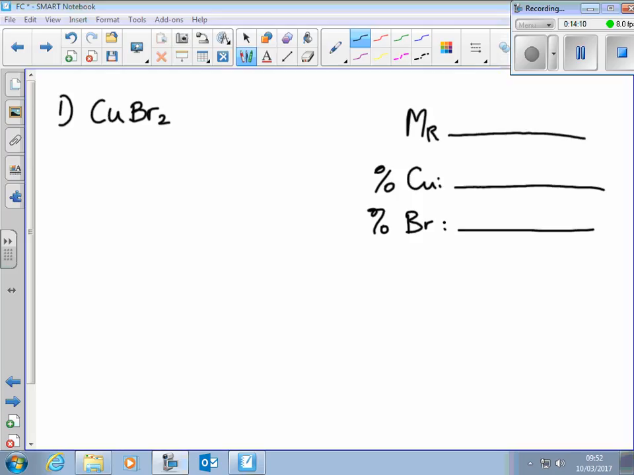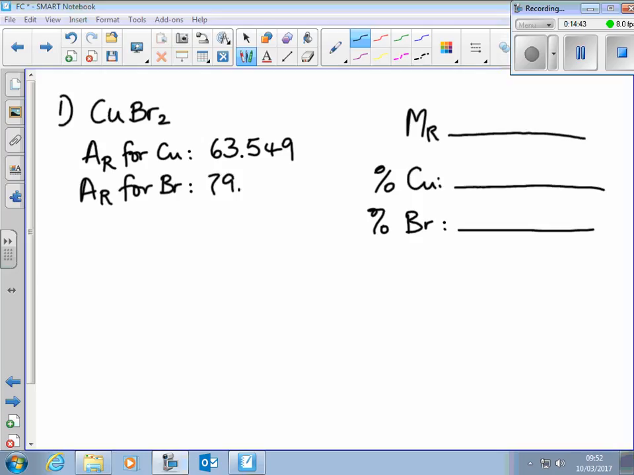So the formula mass for this, what is the atomic mass for copper? Right, 63.549. Be very tempted to round that up, wouldn't we? And then the relative atomic mass for bromine on its own, just Br, would be? So 79.90. Right. Okay, so to get the relative molecular mass, I'm sorry, I shouldn't call it that, formula mass,